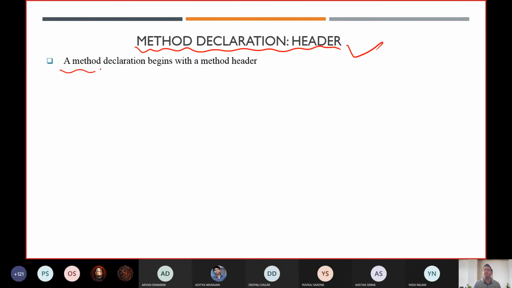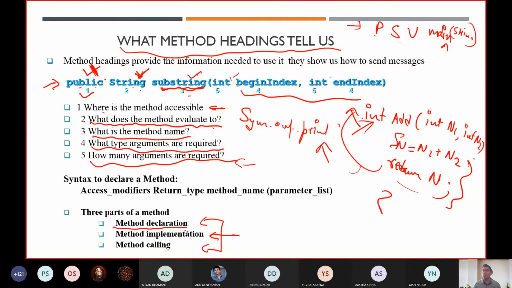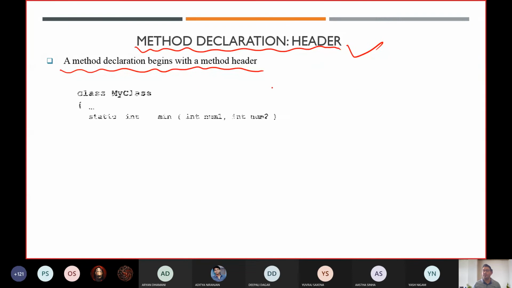So a method declaration begins with your method header. Okay, so the header which I have told you, it is mandatory. Okay, so what that header